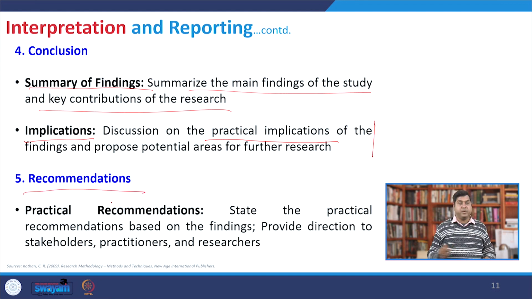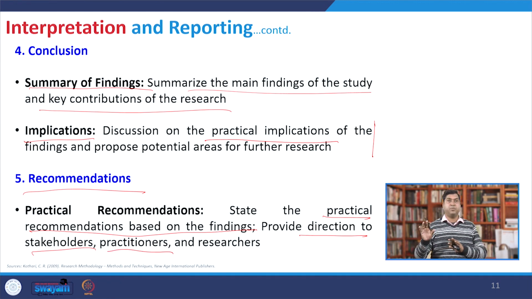And after that, the recommendation. Based on the study, we may also have a recommendation. It can be a practical recommendation, or a direction to the stakeholder or practitioner, if it is policy oriented or guidance oriented, that, okay, the performance of a particular company will depend on a certain kind of core competency, or that you should not rely totally on the outsourcing of your activity. So in all such cases, your research is going to give a direction on what strategy they are going to follow. If it is something like an innovation in building materials or a